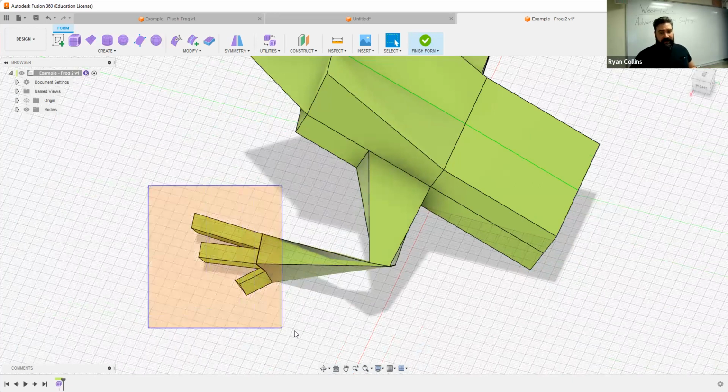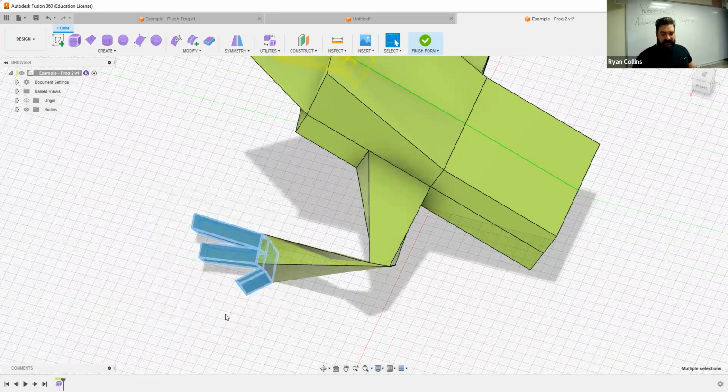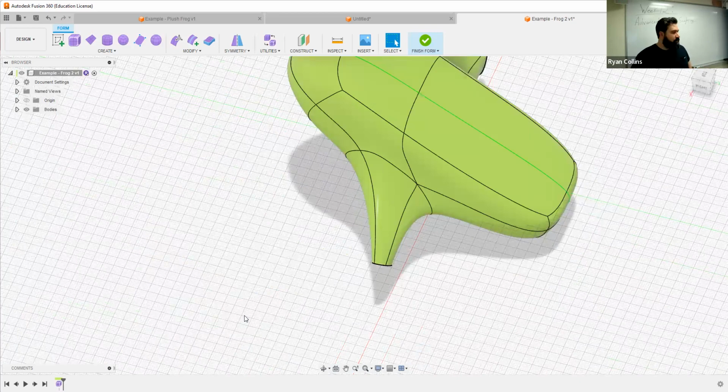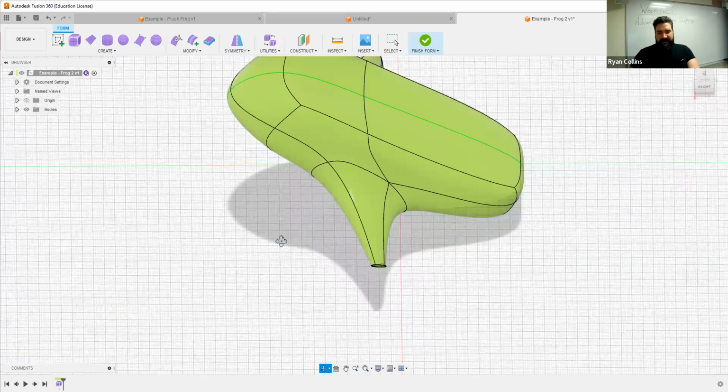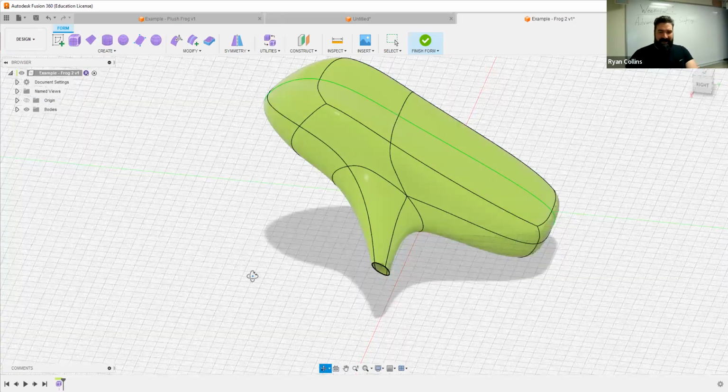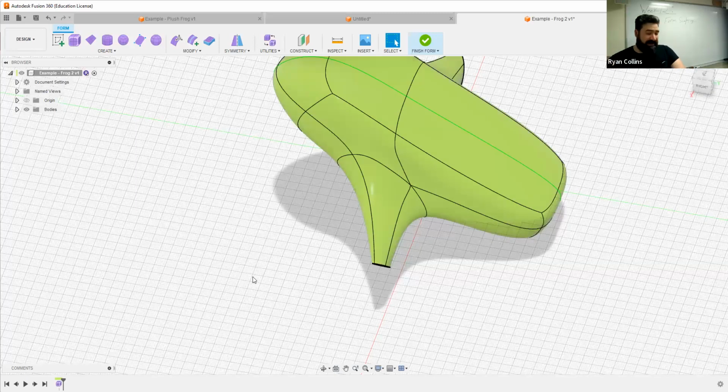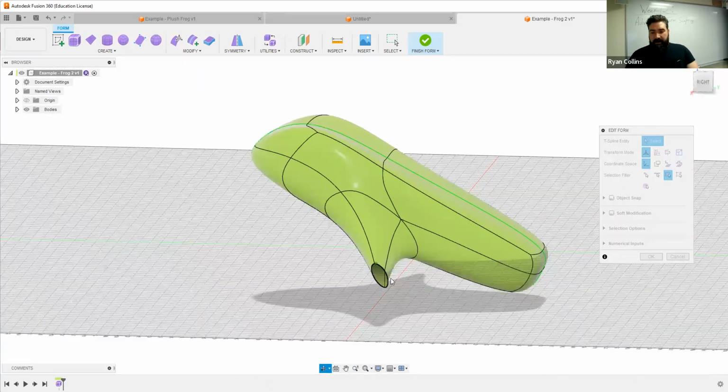I'm going to use a from-the-left selection box, so it only selects that hand. Delete, round it back out. So all the stuff that I just did, yeah, it's a shame that happened, but I kind of got a little lost on everything, and you might find that the only way back out is to just delete stuff. So don't be afraid to do that. So now I can go back to edit form. I can close this off,